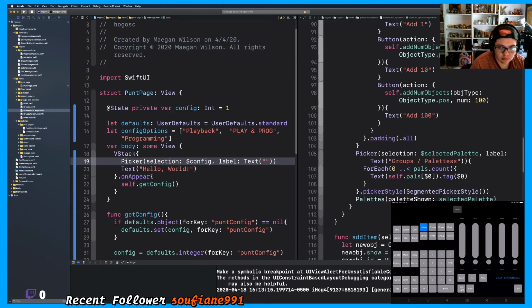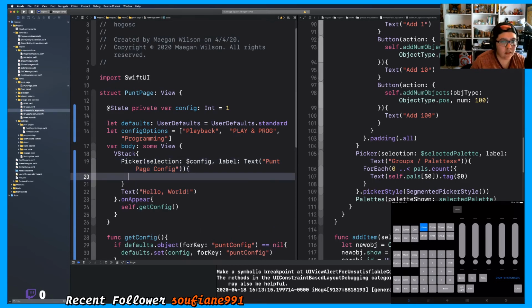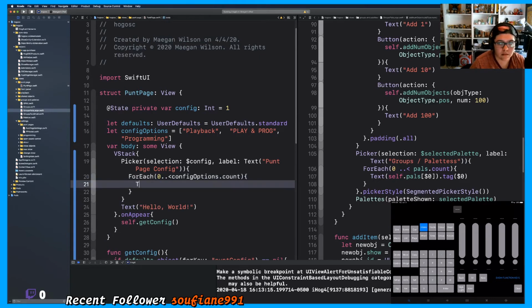For what is my text here? It's just going to say punt page config. And then we're probably just going to go for another